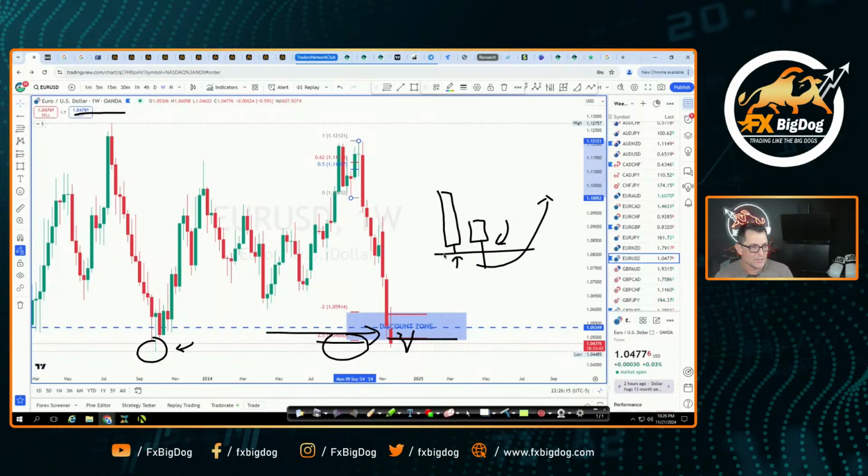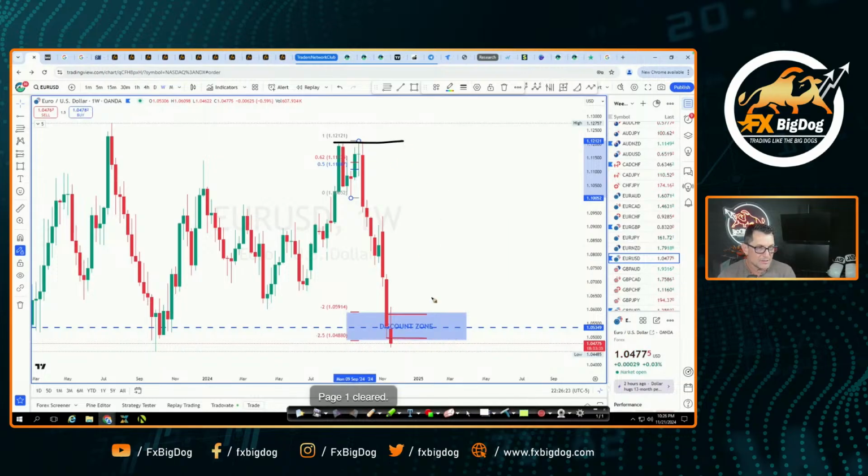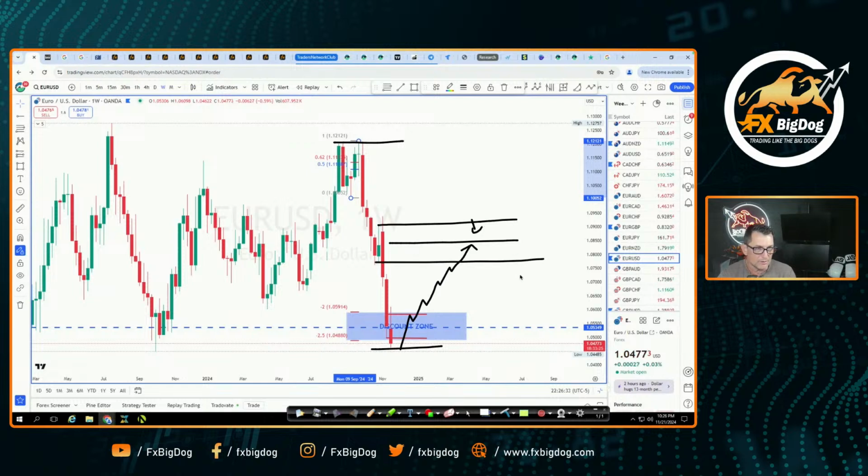So the first thing, number one, is where's our rebalance level? The rebalance would be taking this range and looking for the 50% retracement, and that's where price would want to go back up to. If we see that level, we also see an order block sitting over here, which means price is going to tap into this order block and probably go to the midpoint right here and then maybe sell off.